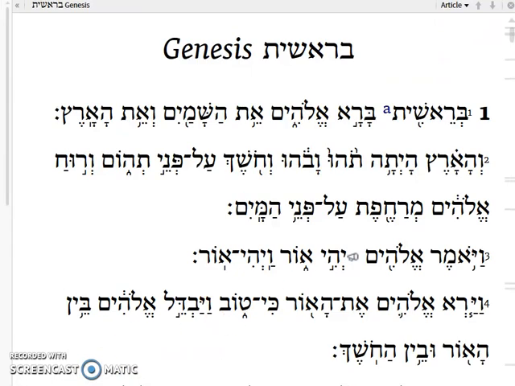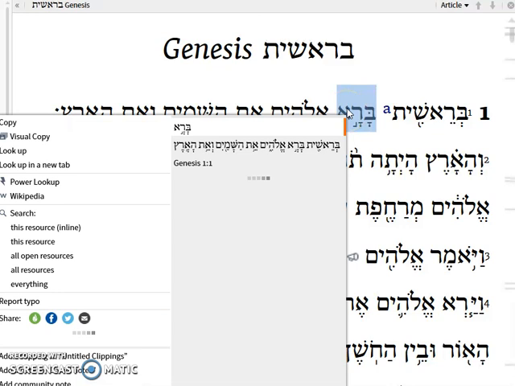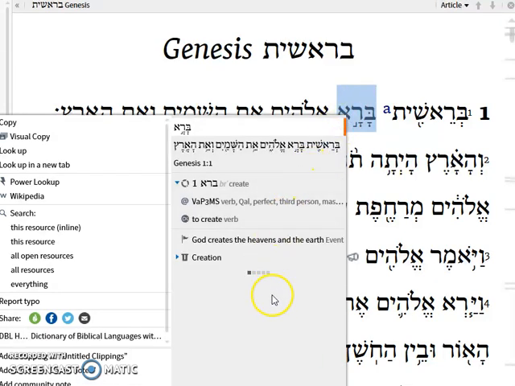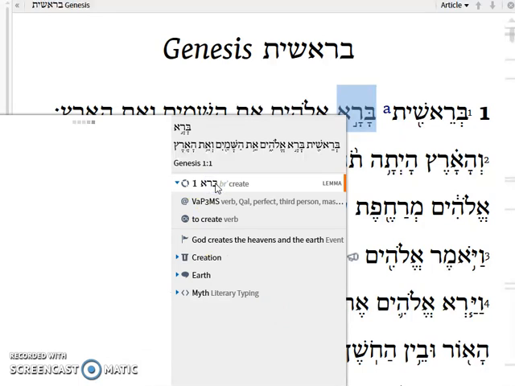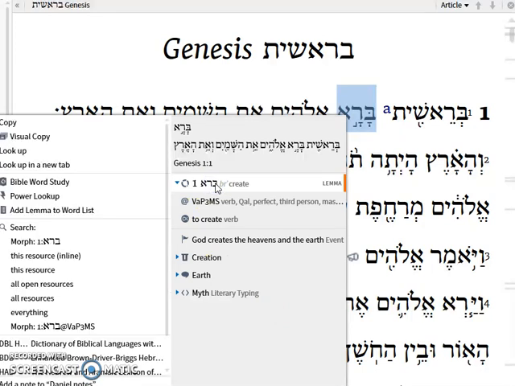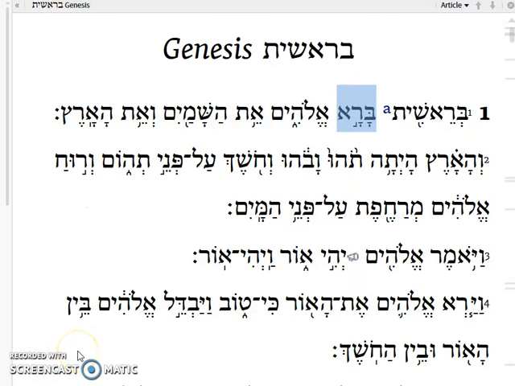So if you are translating in Genesis chapter 1, which begins Bereshit bara Elohim et hashamayim ve'et haaretz, and you want to learn a little more about the verb, which is bara, you can highlight that, right-click on it, and it will give you some other tools that you can go to. I would need to click on it here actually. If I'm just wanting to copy it into a text, I would do that. But then the Enhanced Brown Driver Briggs, I could click on that and it will take you to that entry